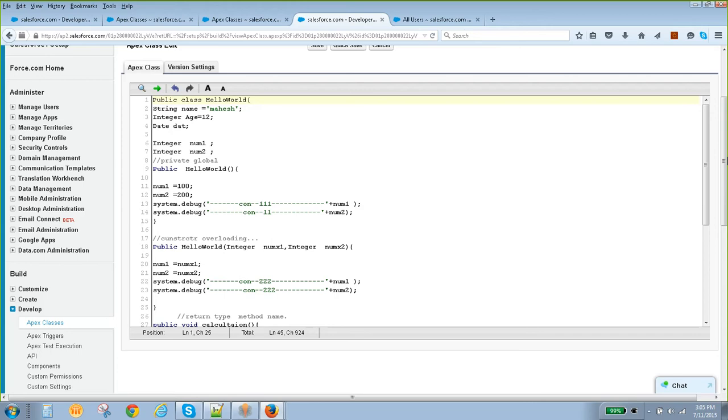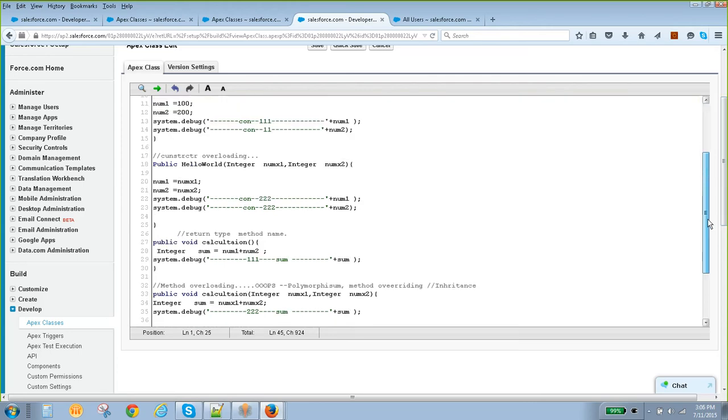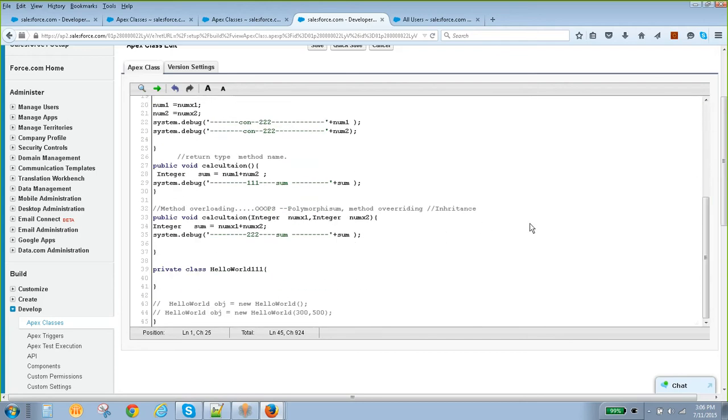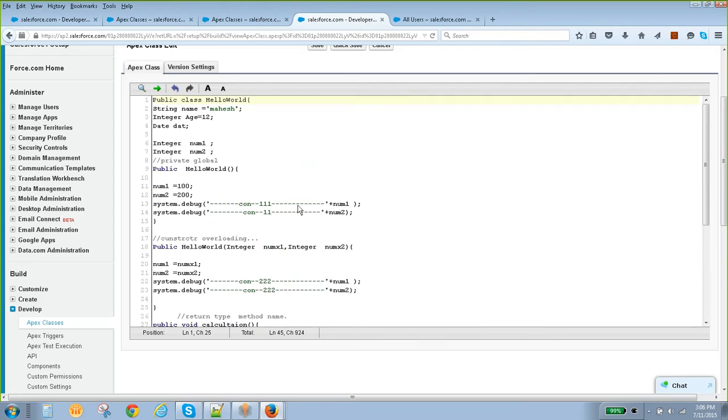So once we inherit this parent class, this will be the parent and that will be the child. The child can access all the properties of the parent class, either a variable or a method or whatever.